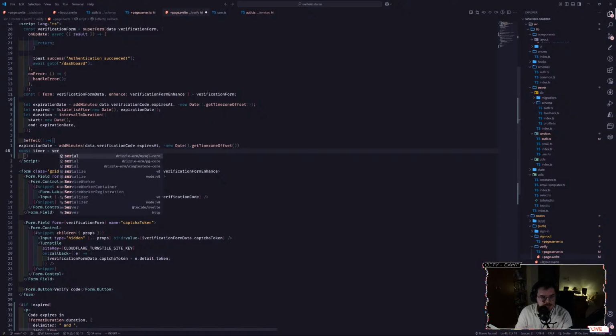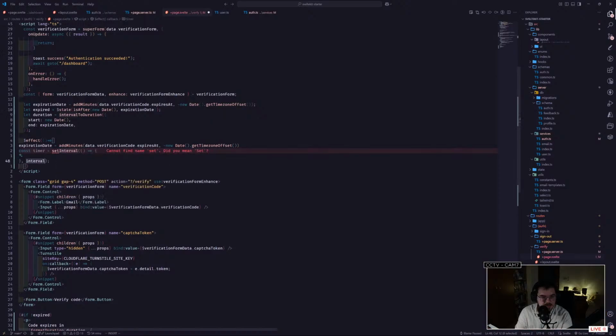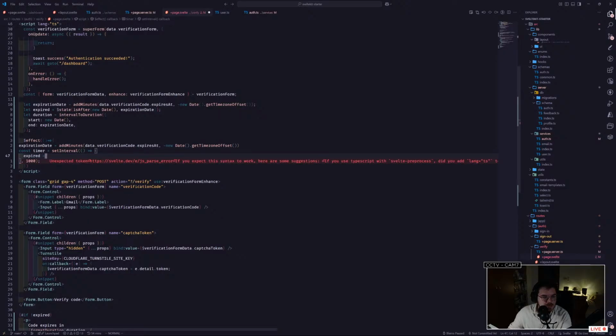And then we'll set an interval. If I just put a value like so in here, I'm not sure that this will work, but we can see. So each time this runs, we will also,